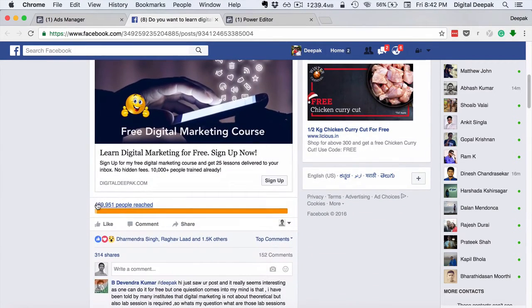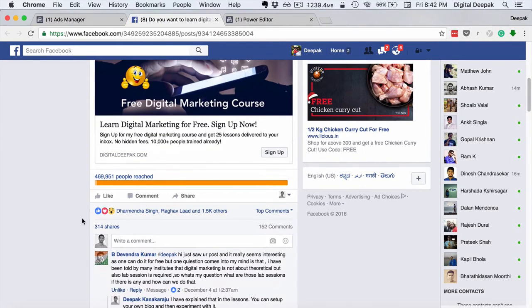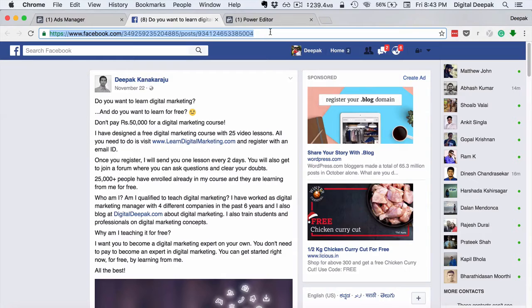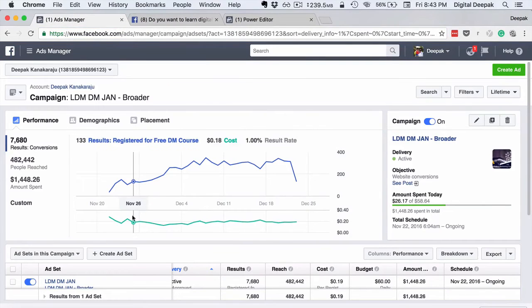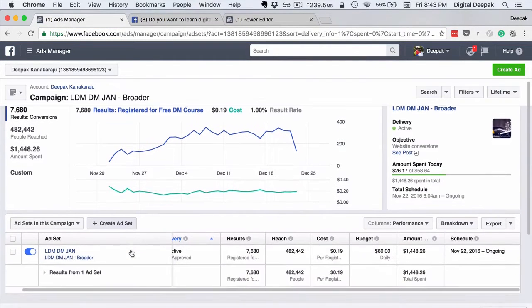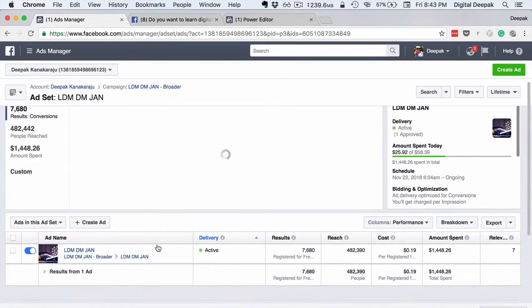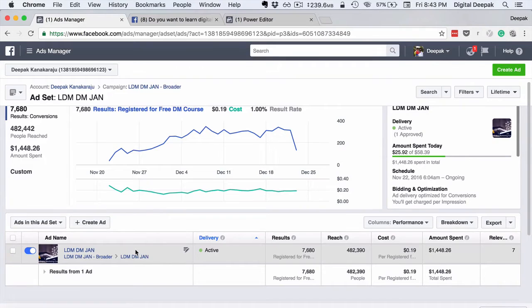Here you can see the total number of people reached, the total number of shares, the total number of likes, and the comments. Only the reach information is available for me, and the rest of the information is available for anyone who looks at this particular post. This is the permalink for the post. Usually you can get the permalink for this post by clicking on this particular link. It's the same link. So going back, that's how you can check out the particular ad, and you can click once more, and you will see these are the ads that are running.